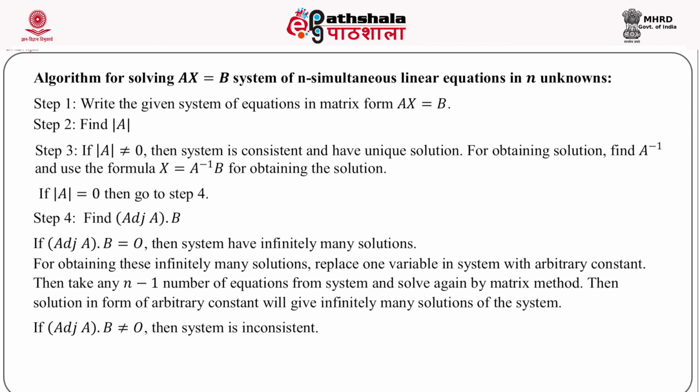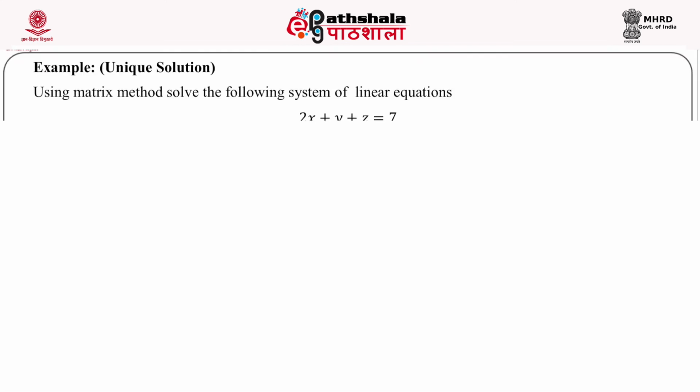Now, the solution is given by X equals A inverse B. So, multiply this A inverse with the right hand side, that is B matrix. Simplifying, on the right hand side we have the column matrix 1, 2, 3. So, the solution is given by this matrix, where x is equal to 1, y is equal to 2 and z is equal to 3. You can verify that this solution will satisfy the given system of equations.